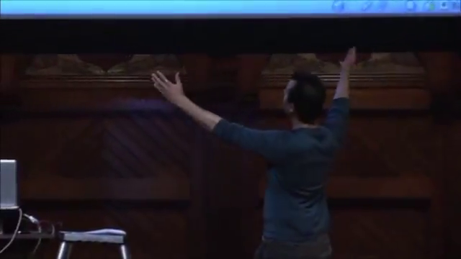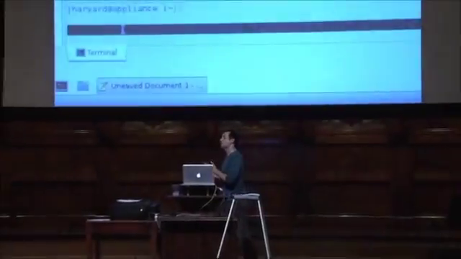gedit is going to be a slightly better version of TextEdit on a Mac and Notepad on a PC. And it's still pretty simple. I mean, it's mostly a white screen with very few menus. But it's in this area here in the middle that I'm actually going to start writing my programs. And it's at the bottom of my screen here where it says jharvard at appliance. And there's this blinking prompt. That's where I'm going to run my programs. So typically in a Linux environment, you don't have to double